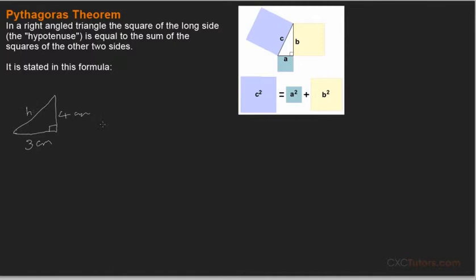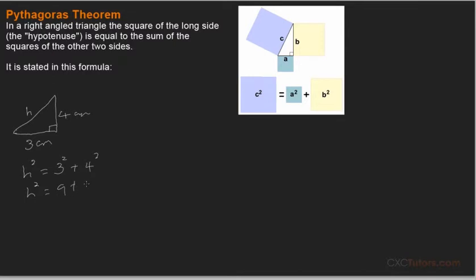Now, according to Pythagoras' theorem, h squared would be equal to the sum of the squares of the other two sides. So h squared is equal to 3 squared plus 4 squared. And so h squared is equal to